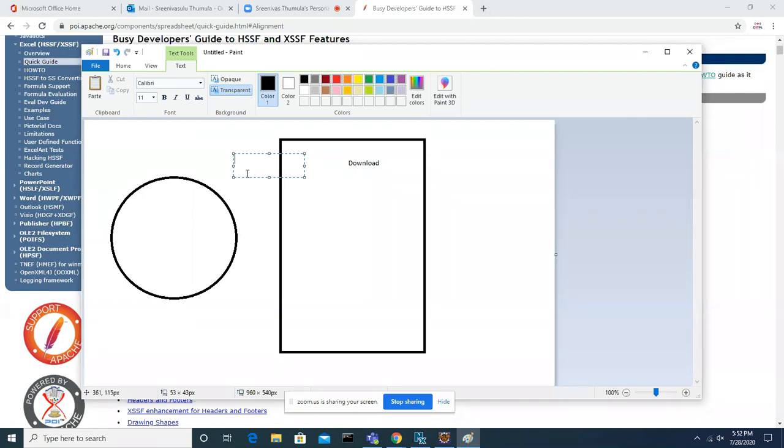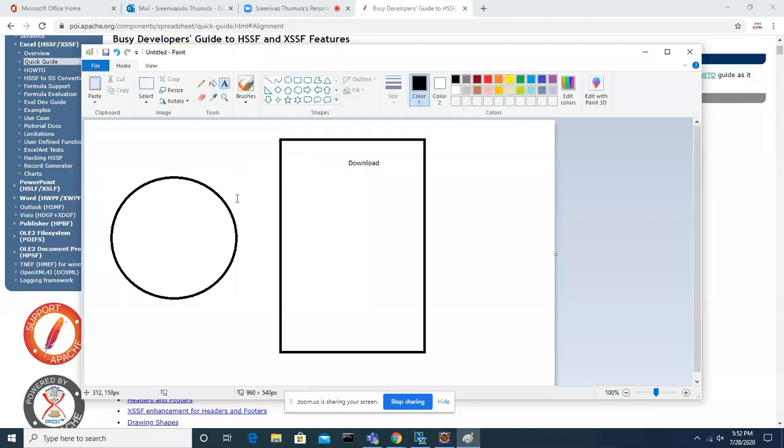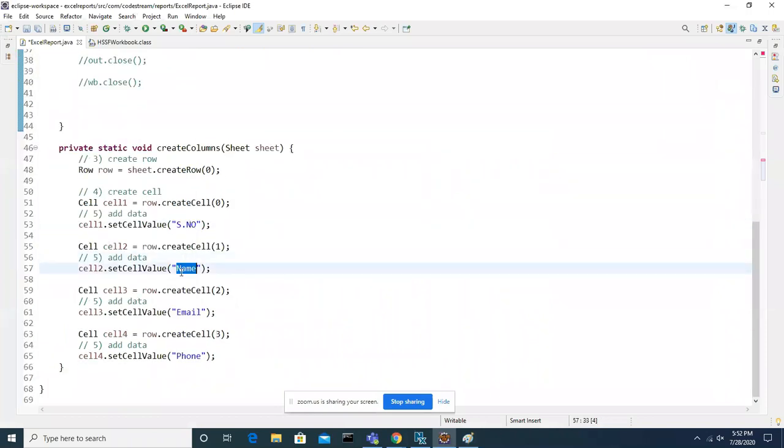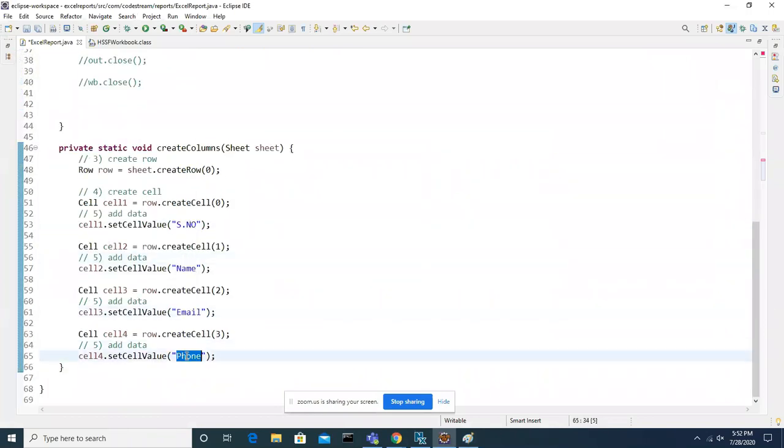So here, this Apache POI is going to help us download by pulling the data. But in our example, we just kept some data in a static manner. If you want to pull the data dynamically from the database, I think I have not explained anything about that yet, the JDBC and all.